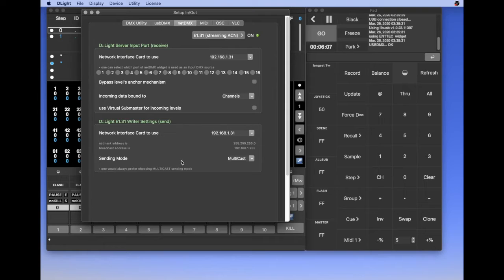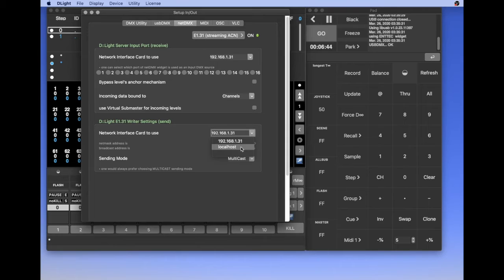So for output DMX, you only need to choose the network interface card to use. Here, I have only the Wi-Fi that is switched on, so only the IP of the Wi-Fi card is listed. If I have an Ethernet card activated, you will see two IP address.